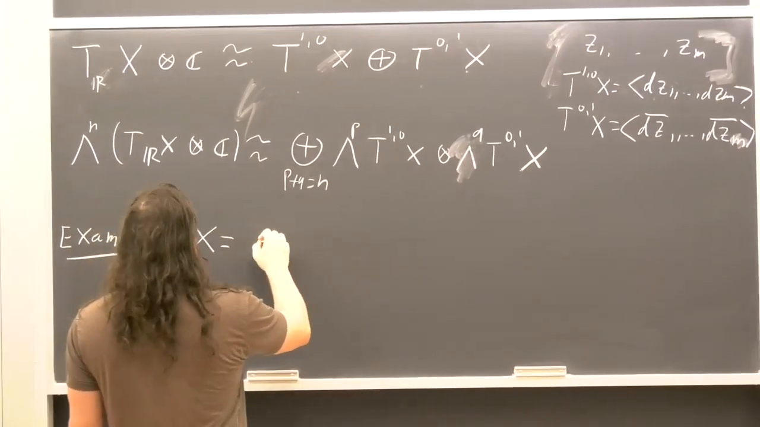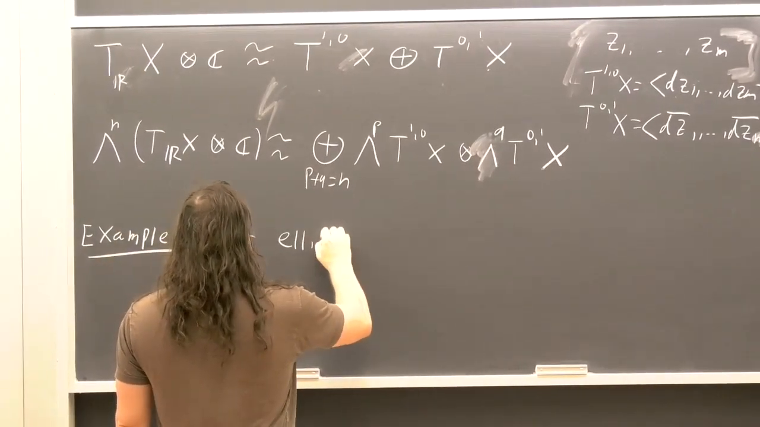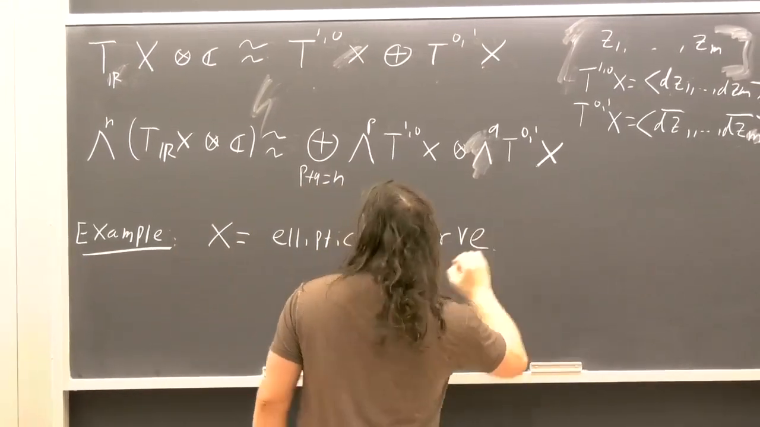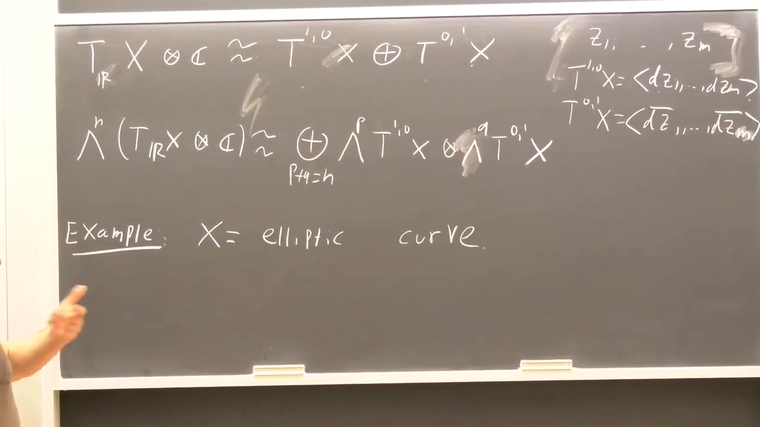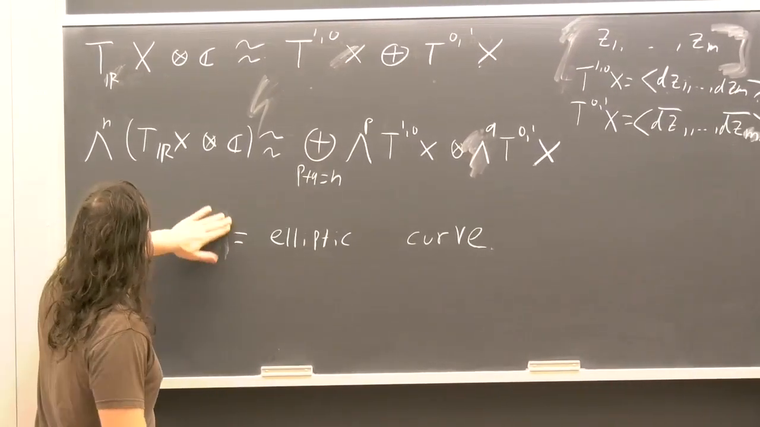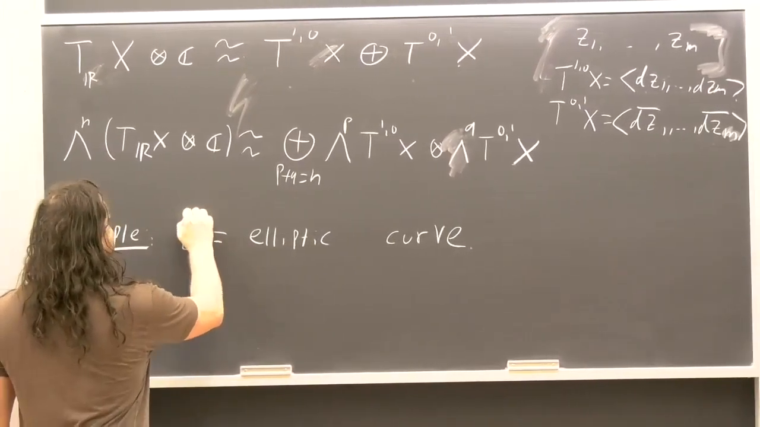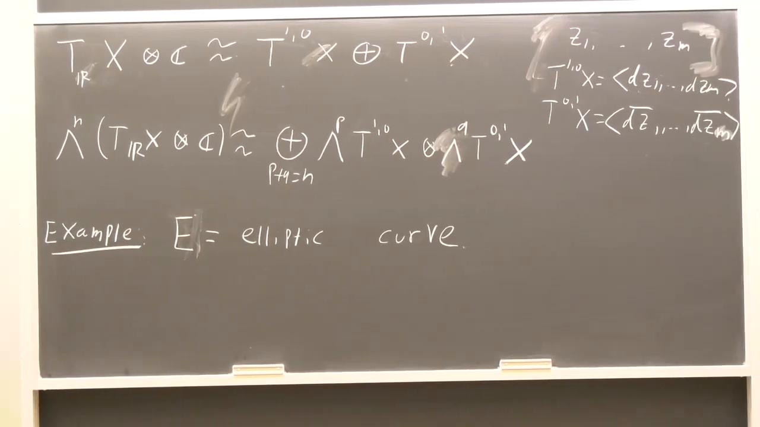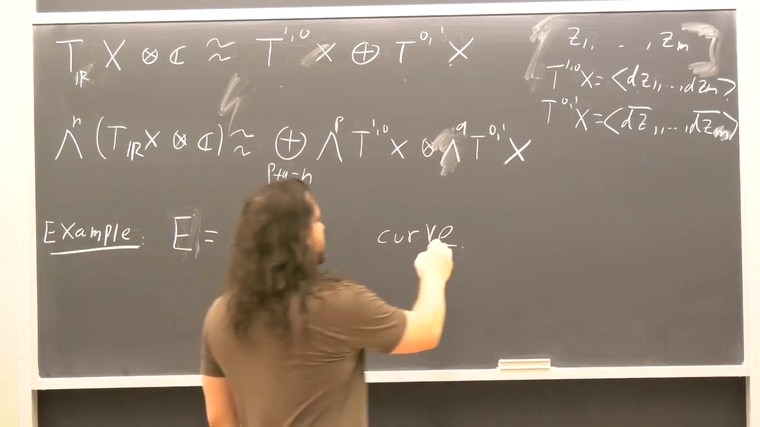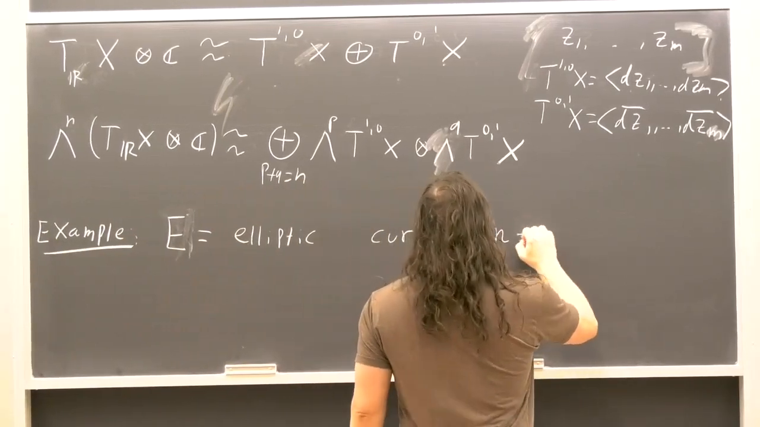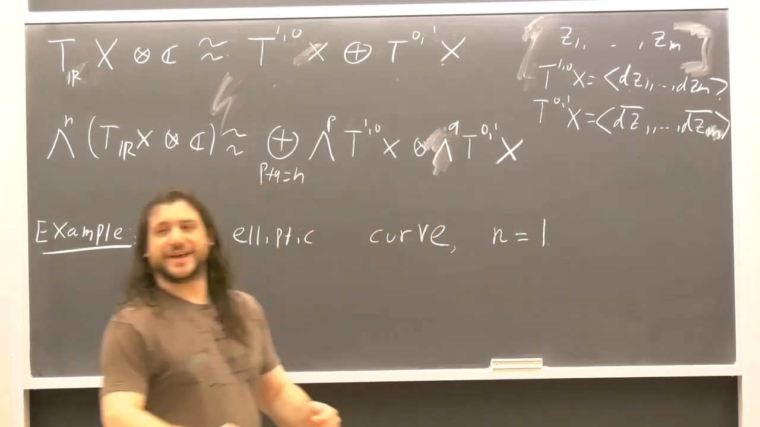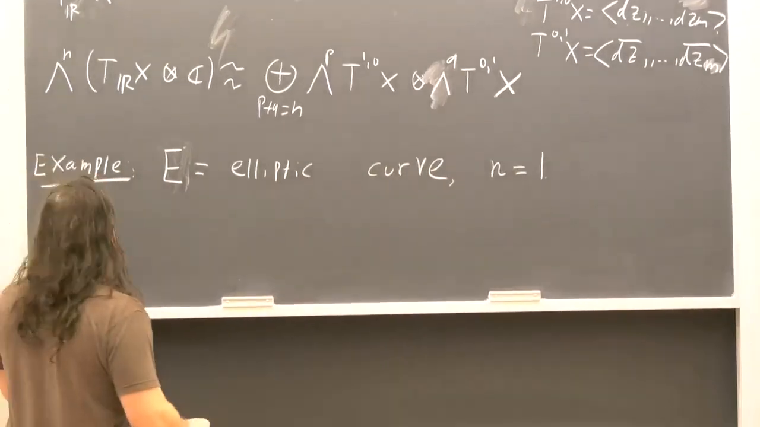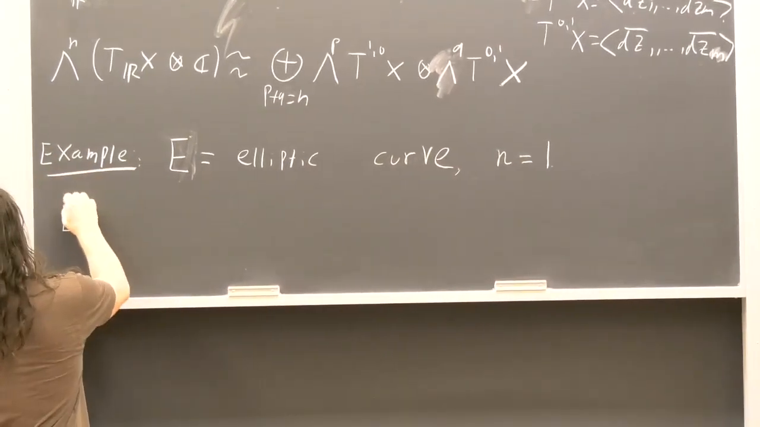let's take X to be an elliptic curve. Or let's call it E, I guess. I'm not going to be beholden to my original letter. Let's take E to be an elliptic curve. And we'll just study the case of n equals 1, right? So what we can do